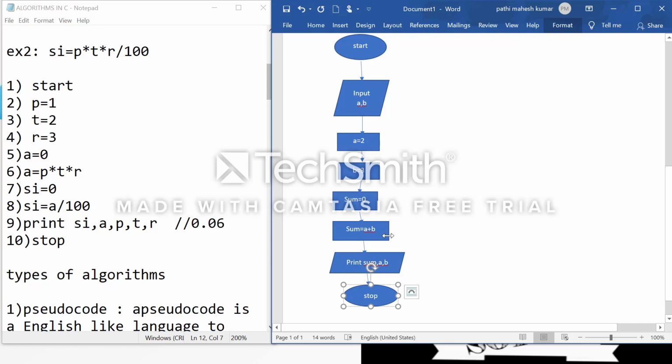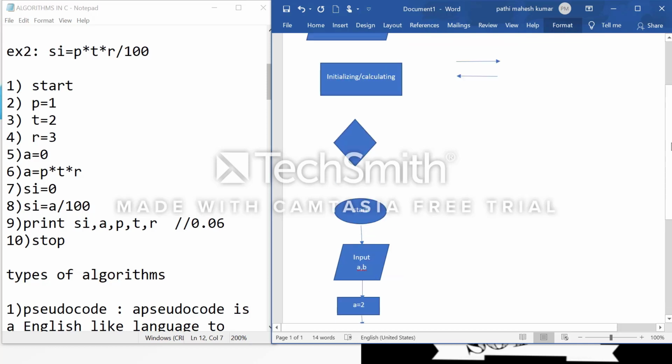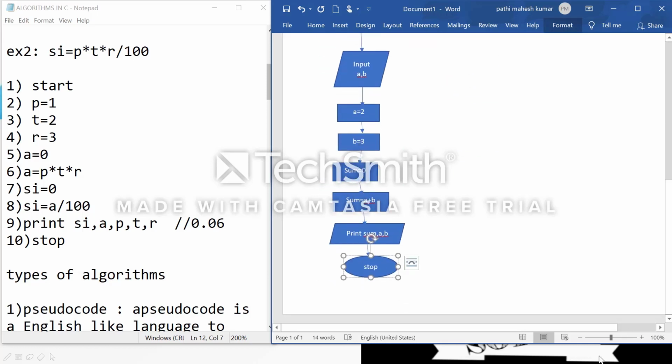Then in the place of sum equal to a plus b, a equal to p into t into r. Then I initialize si equal to 0 and si equal to a by 100. Again I want to print and stop. I will explain each in detail again.